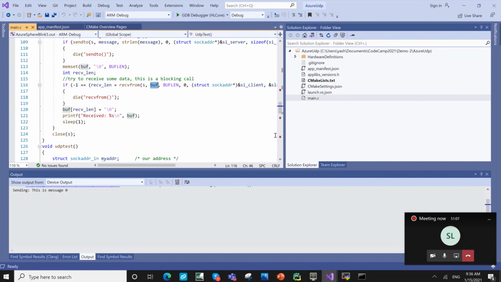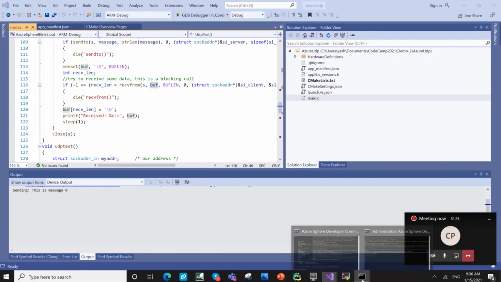Yash, I have a question. Coming right off the box, does the device have the OS and the debugger already loaded, or do we have to download? No. It has the basic operating system, and so what you would do is